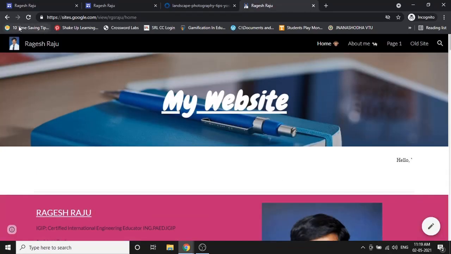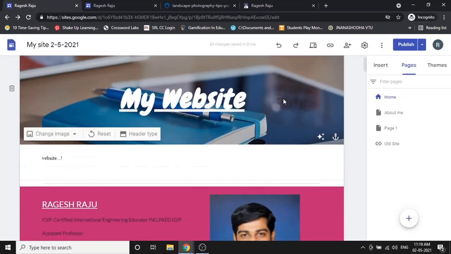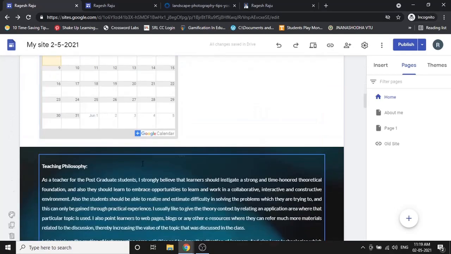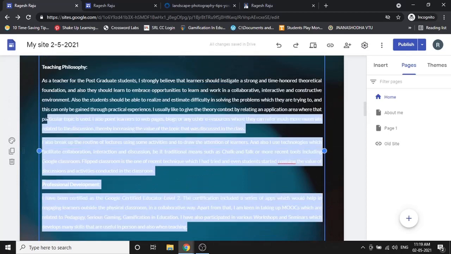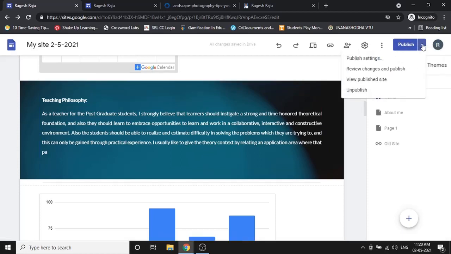Okay, now I just refresh this page. Now you see that the emojis whatever I have done, they go. Okay, so that is one more thing which I wanted to tell. If you are making some changes, you need not publish it straight away. For example, if I am going to rewrite this particular paragraph, and when I typed only this much, I have some other work, so I have to go. It doesn't matter, straight away you can leave it like this and you can go. Once you have typed everything, or once you are okay with everything, then you can click on publish. So it will be saved in the background, so that you do not have to do it all at the same time. Okay, so that is about publishing.